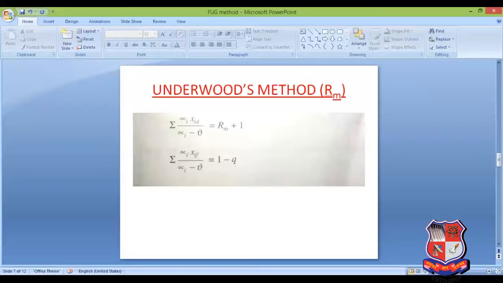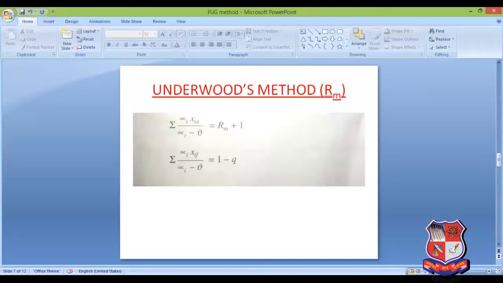So we should go with an educated guess. The value of vega should be in between alpha hk and alpha lk, right? It should be in the range of alpha hk and alpha lk. We know that alpha hk is always 1, and alpha lk has some value. So we should start with some value. You can start with the arithmetic mean or anything else, whatever is convenient. Now you find out some value on the left hand side, right?